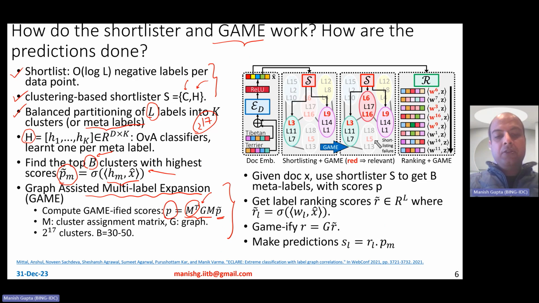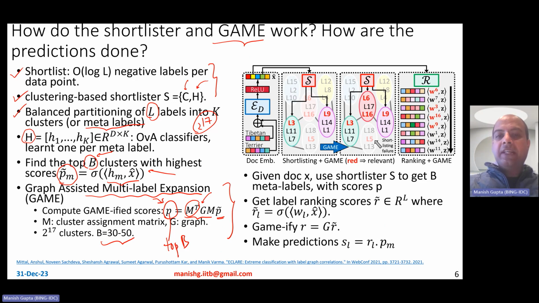Okay, and then you could choose the top B clusters from this P, where B they set to 30 to 50 clusters, and all the labels belonging to these clusters are now your candidates at inference time, or negative label suppliers at train time. Okay. So,